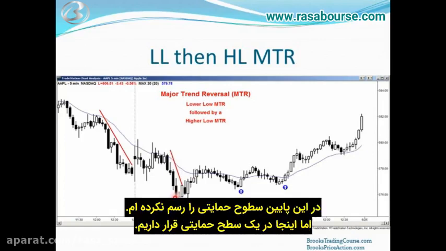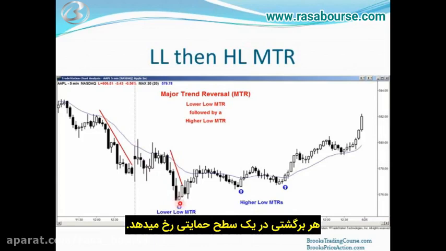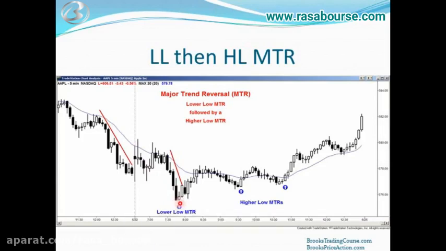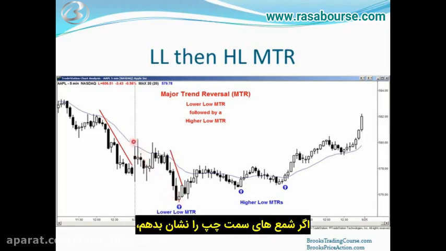I did not draw in different resistance support levels down here, but this is at some support level. Every reversal takes place at support levels, and if I showed more of the bars to the left, I'm sure I could find an obvious support level here, but that's not my point with this particular module. So anyway, two big legs down on the open, so it could be an opening reversal,